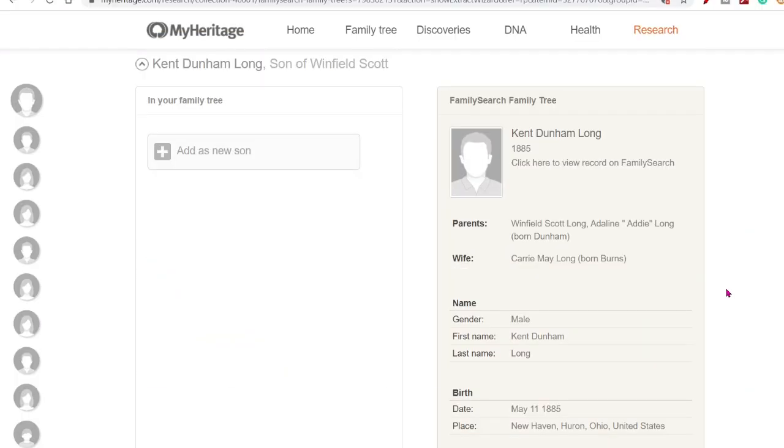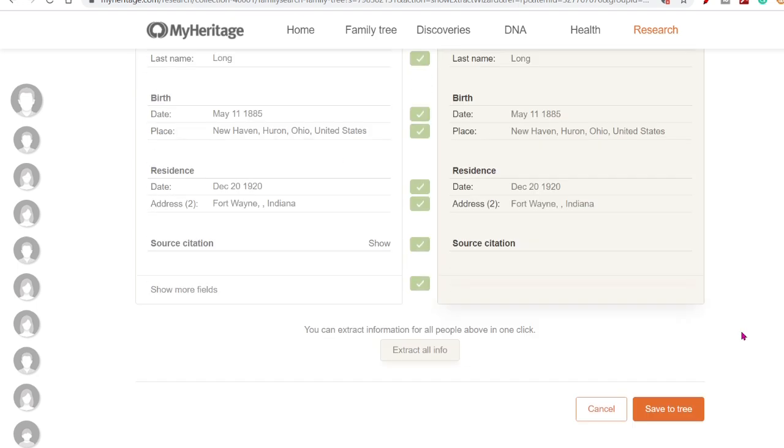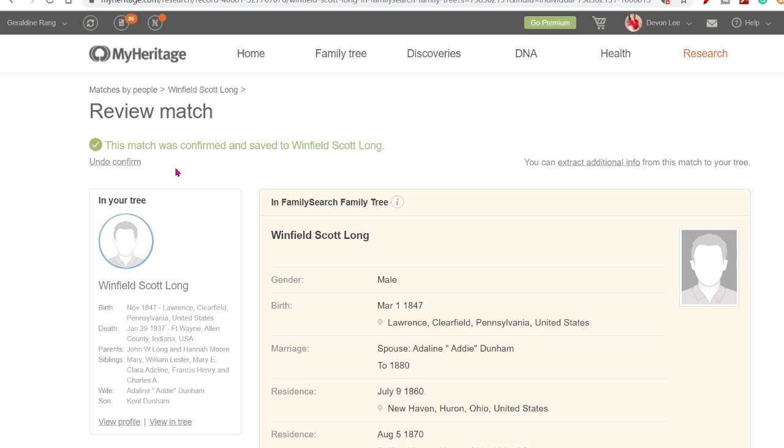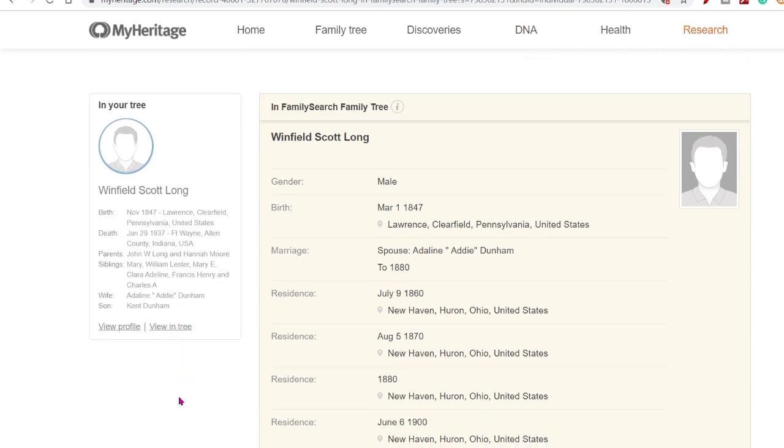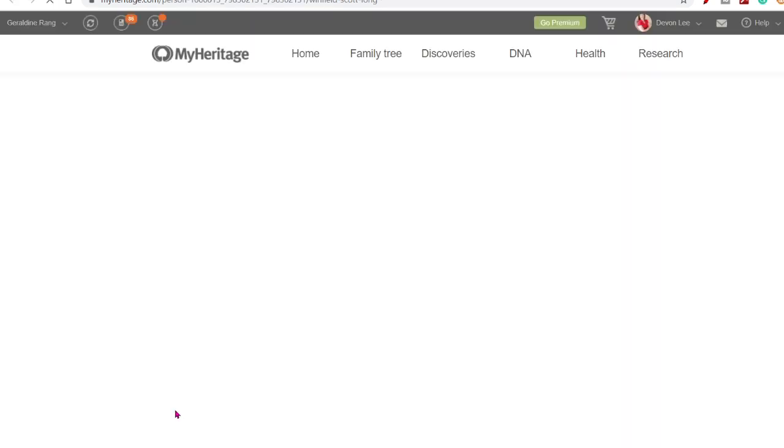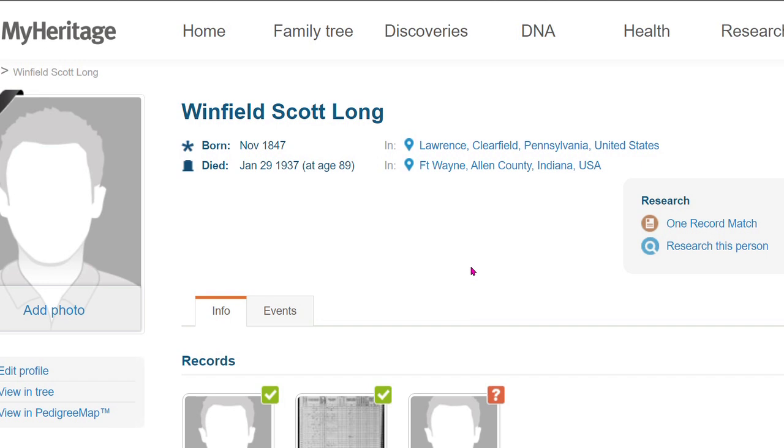So now we have a new person we can add to the tree. So now we can add a son. Add a son, and they just bring all the information. Once you're done, for every new person you want to bring over, click Save to the Tree. So this confirms that the information was saved to my tree, and I can go back to the profile of Winfield Scott right here. So on this profile, you can see that it has the information that I added in,